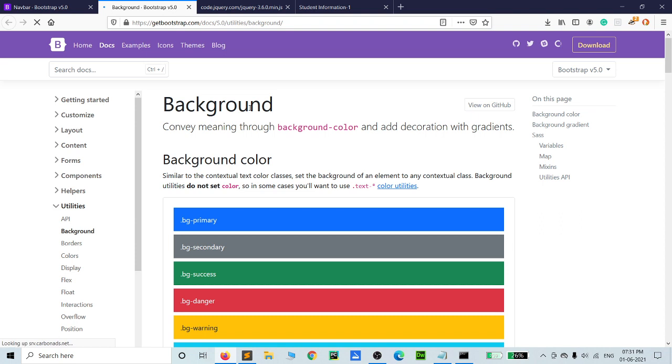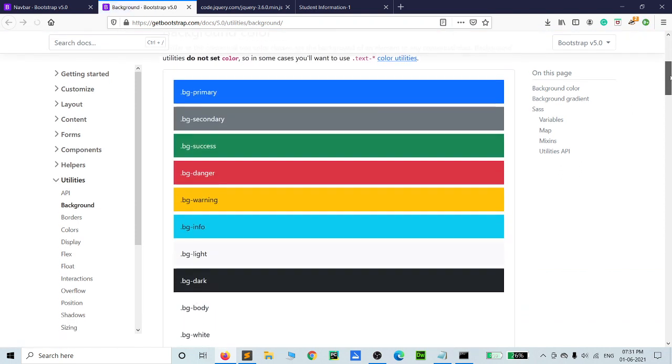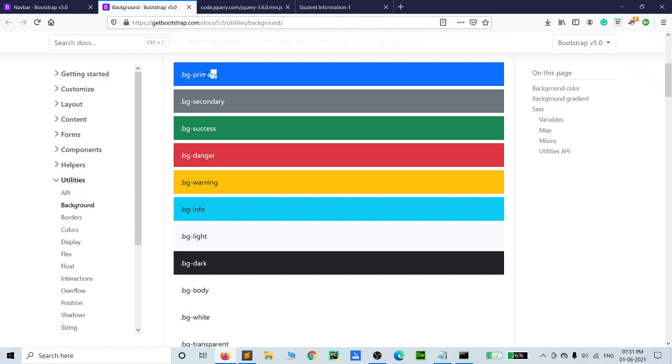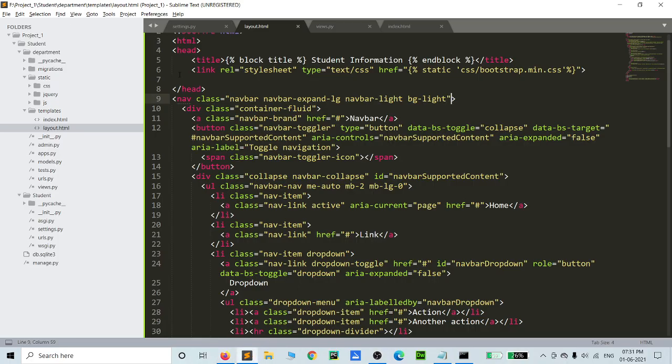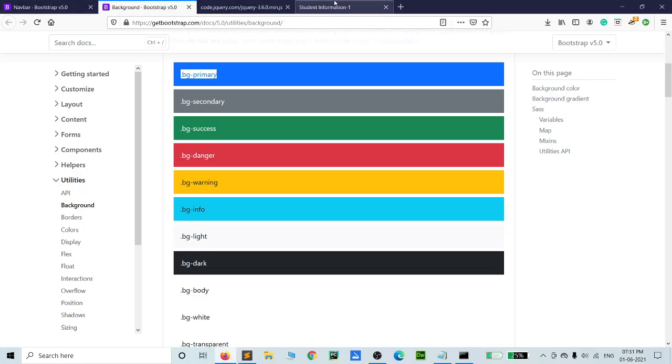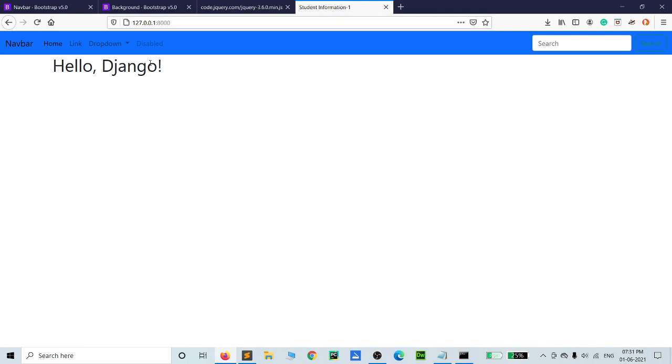You can add background colors like this, for example bg-primary. You don't need the dot, it's just primary. Save it and run your student information. Yes, the background changed successfully. If you want to change the colors or anything else, you can add it.